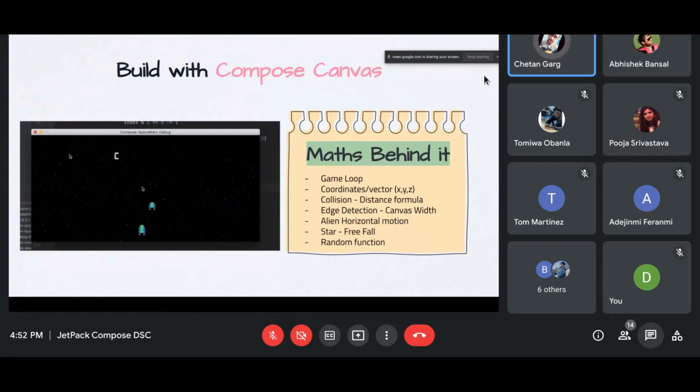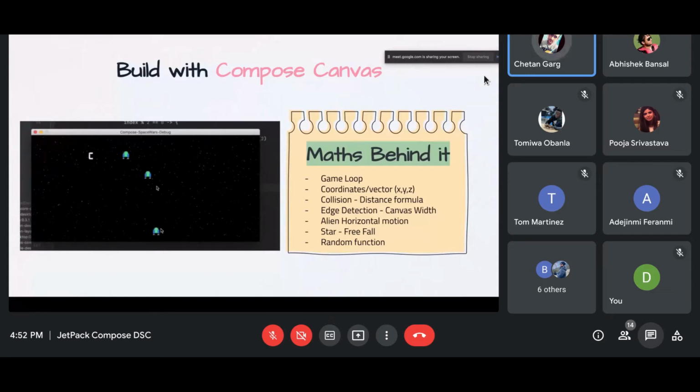When I multiply any positive value with -1, it becomes a negative value, so it will go this side, and if there is a negative value and I multiply it again with -1, it will become a positive value. Then it will go in this direction. So that's how you can see the horizontal motion: aliens go to the left side, then to the right side.